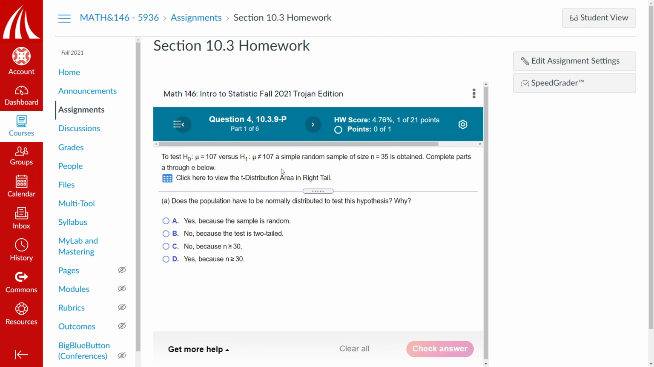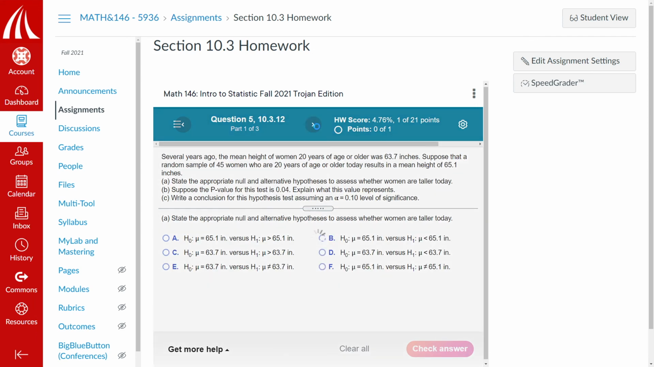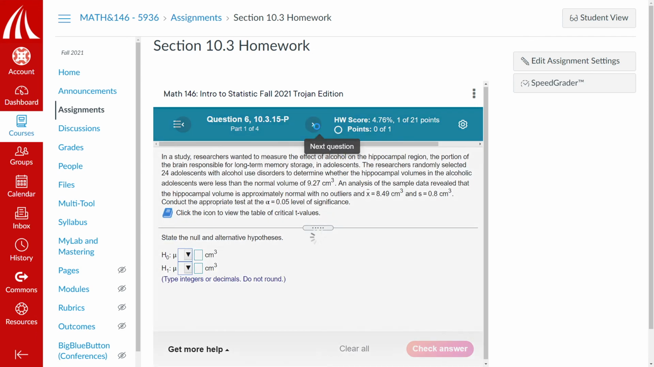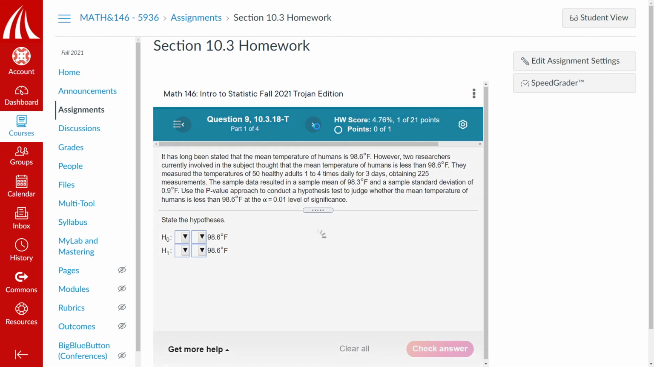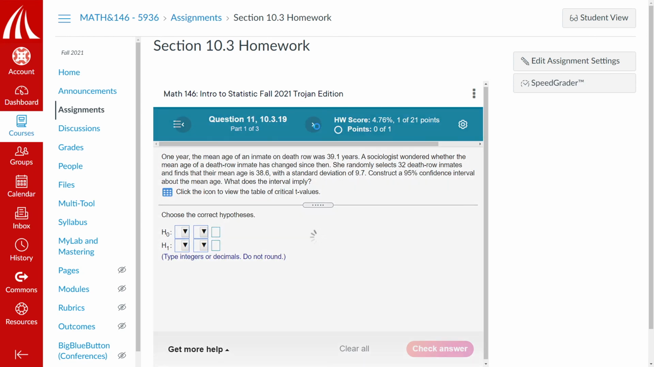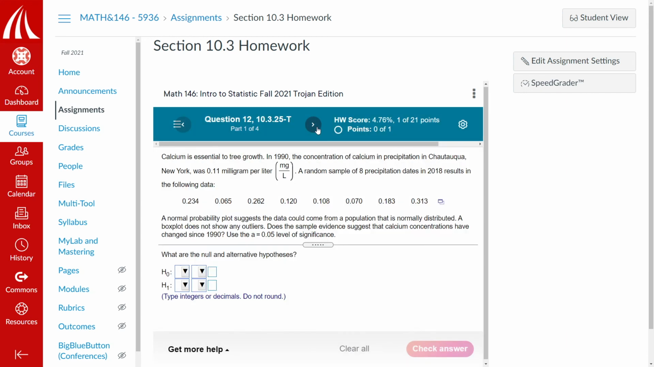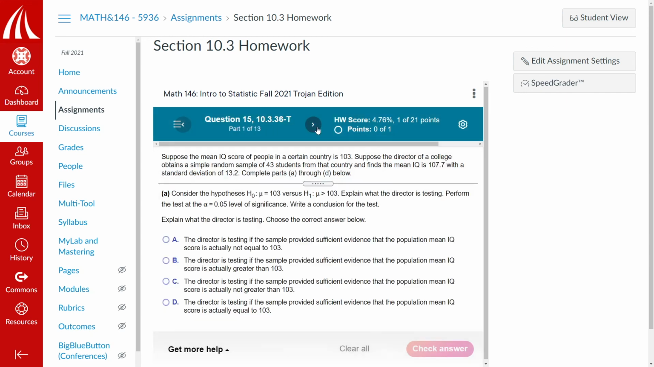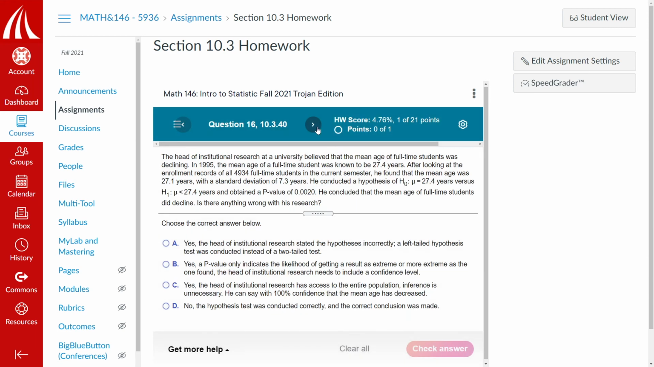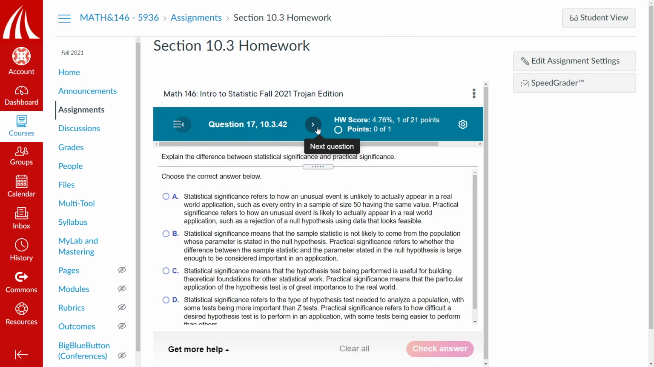All right, and it looks like all the other problems are very similar to that one. A lot of different types of hypothesis testing. It's kind of a lot to sift through and read through. Yeah, some of this might be a bit much,